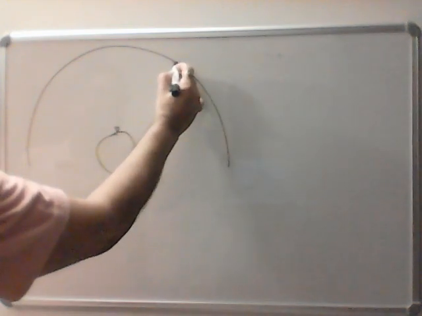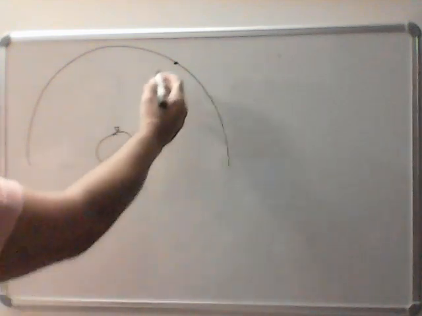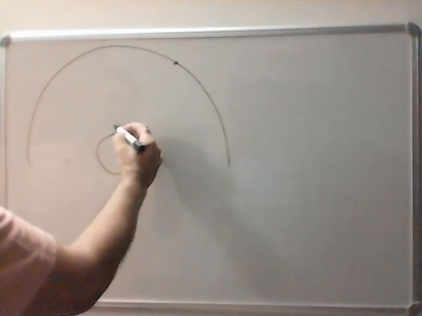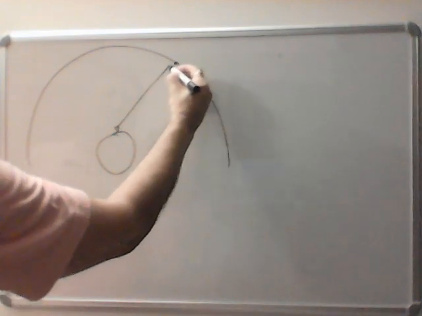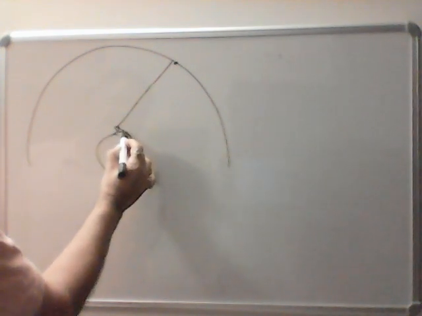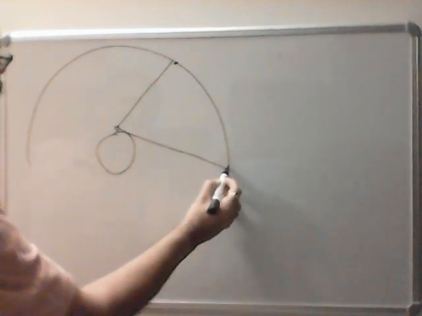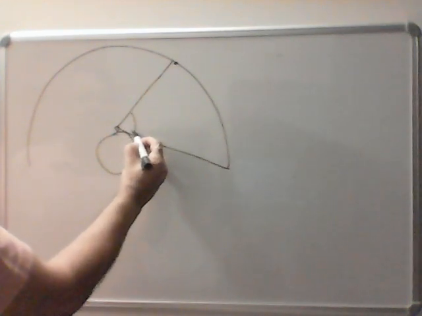and the celestial body. So make an imaginary line from the celestial body passing through the eye of the observer like this, and make another line from the eye of the observer tangent to the Earth. So this is the angle which is measured by the sextant.